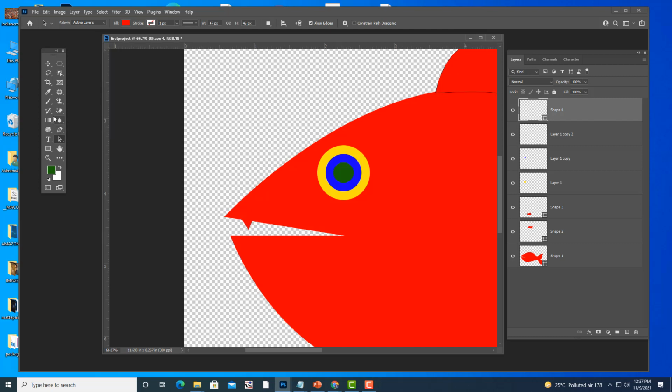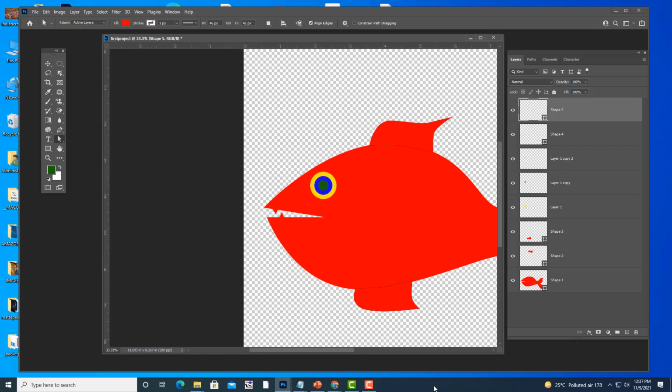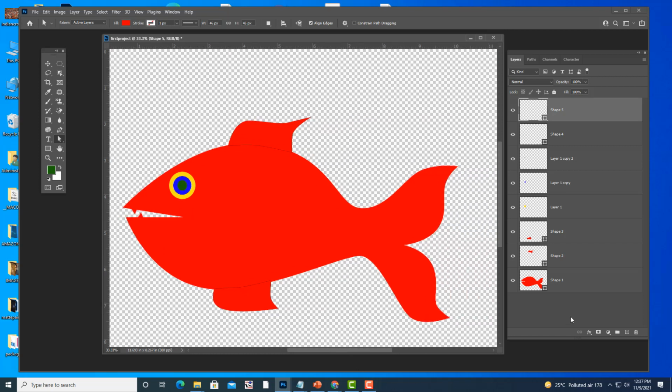Okay, so we can just select the direct selection tool and adjust it like this. Okay, so we have created a fish. Okay, so this is a complicated shape.